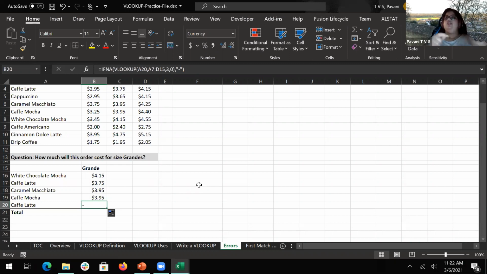Okay, this is how you use the IFERROR condition, and if there are two VLOOKUPs you need to work upon, like two different values you are taking, then you need to use it in a different way. Means through AND function or other functions, you need to combine all these things together. So it depends on your requirement, and it will get a little bit more complicated when you do it more and more. But once you're used to it, it will not be much of a difficulty, and it will be a very easy cakewalk. So I want you guys to get acquainted with this VLOOKUP.